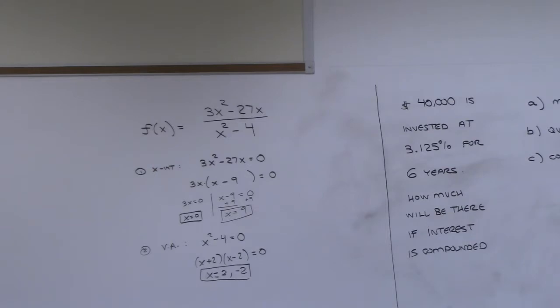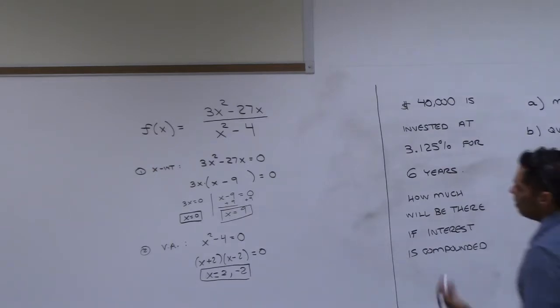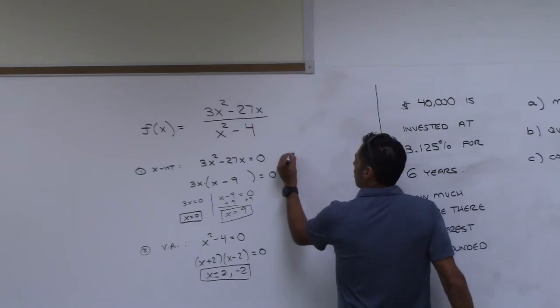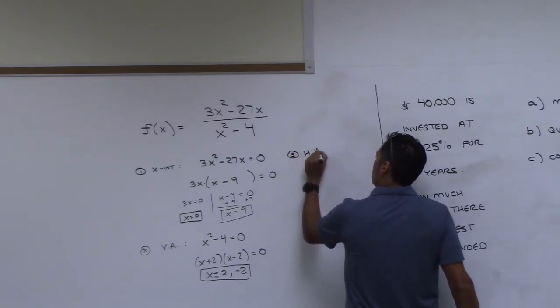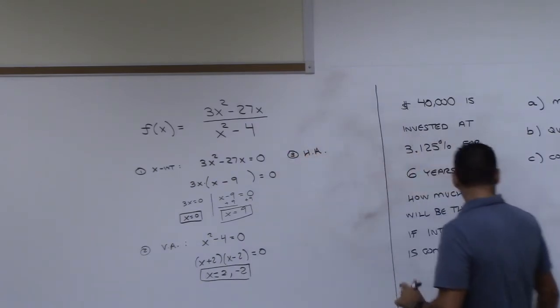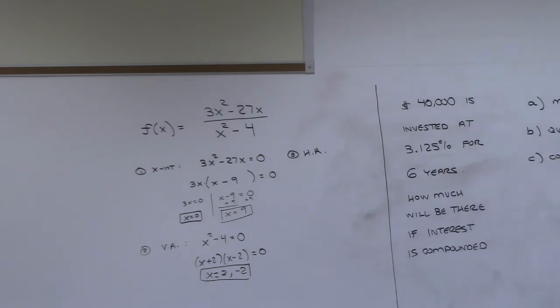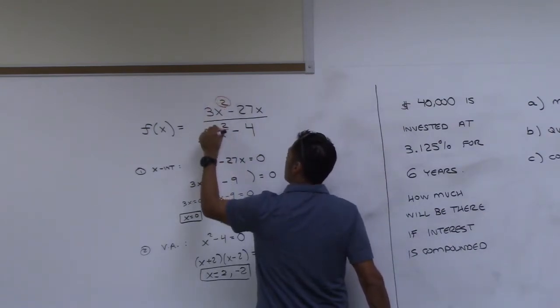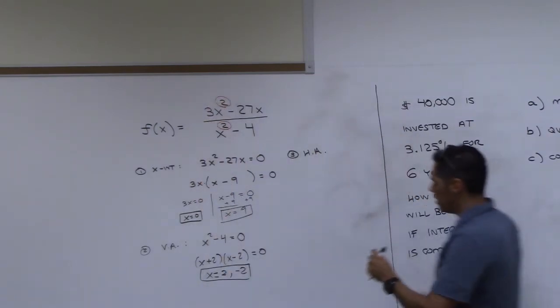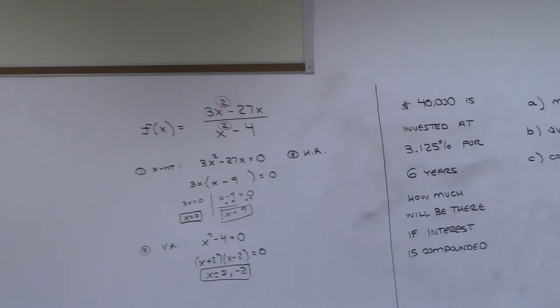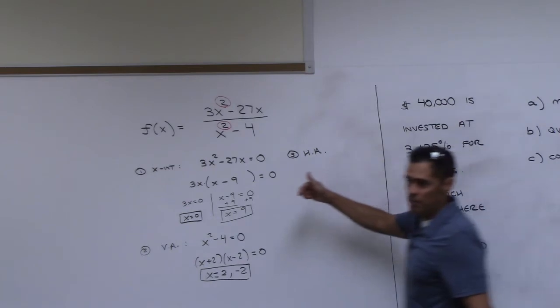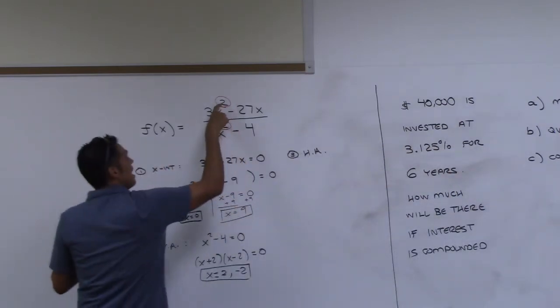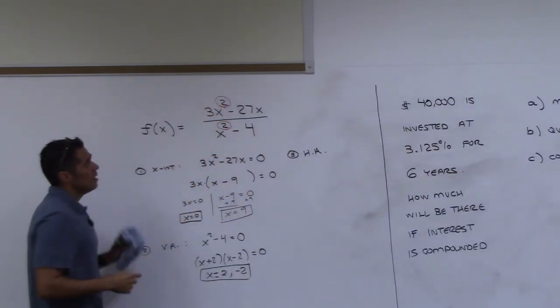Who's got our third step? You want to do our third step? Sure. Our third step is to find our horizontal asymptote. Okay, how do we do that? So we're going to use the leading coefficients considering that the powers are the same. Exactly. So you first look at these powers and you see, are they the same, or is the top bigger than the bottom or bottom bigger than the top? I already told you that on the final, I am not going to make the top be bigger than the bottom, okay? So it's either these are going to be the same or the bottom's going to be bigger than the top. They're the same.